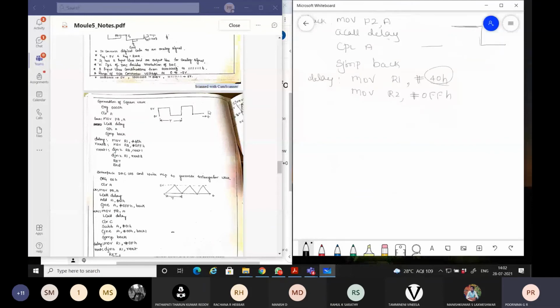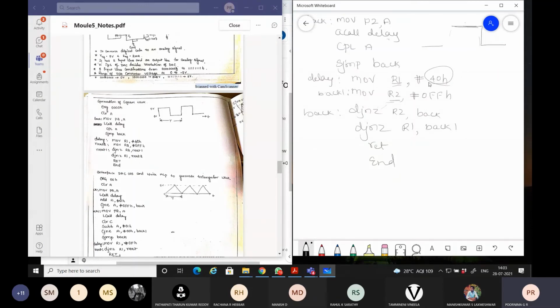Okay, now decrement the first register, DJNZ R2, back, where is the back? That back should go to the same instruction, and it will keep decrementing the R2 value without doing any other task. And after that, once it comes out, again this R1 you have to decrement, DJNZ R1, back 1. That back 1 should go back to the previous instruction. So it has gone, then return and end.